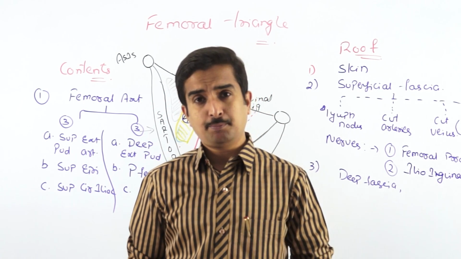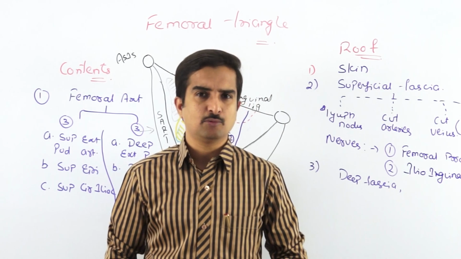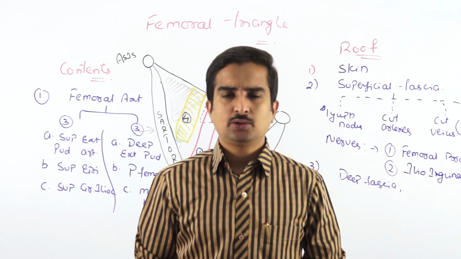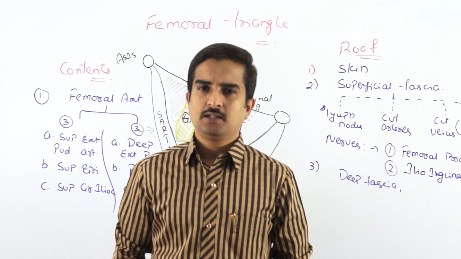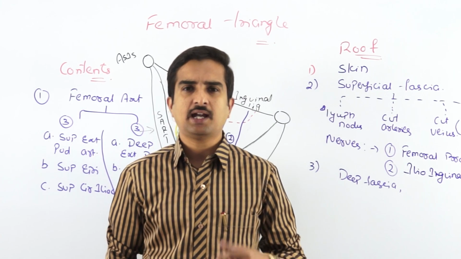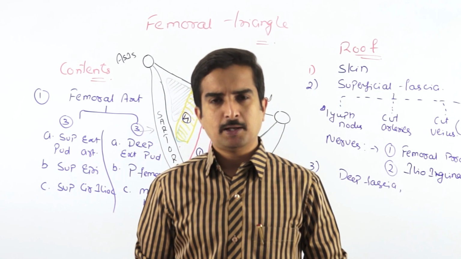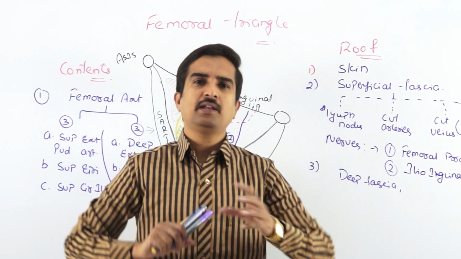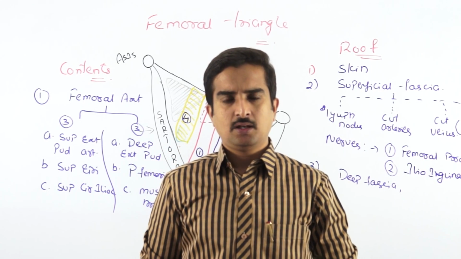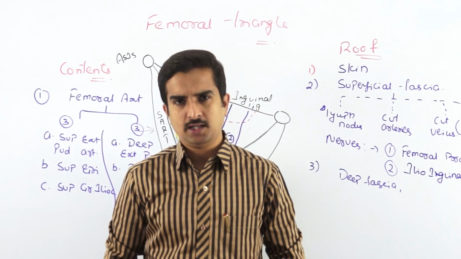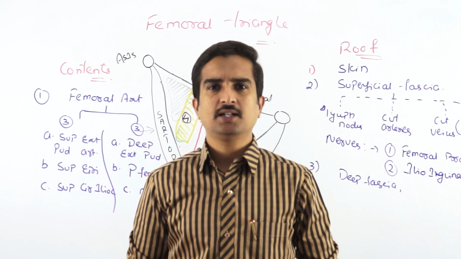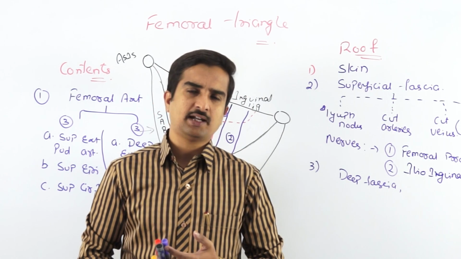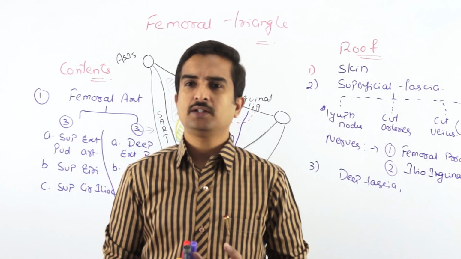And the third important vein which comes and drains into the femoral vein is the great saphenous vein, that is upper part of the great saphenous vein. So the great saphenous vein is a superficial vein. So this superficial vein comes and drains into the femoral vein by piercing the deep fascia, that is fascia cribrosa, which means the opening of the great saphenous vein where it drains into the femoral vein is covered by the fascia cribrosa, right? So the second content we studied in the femoral triangle is the femoral vein along with its